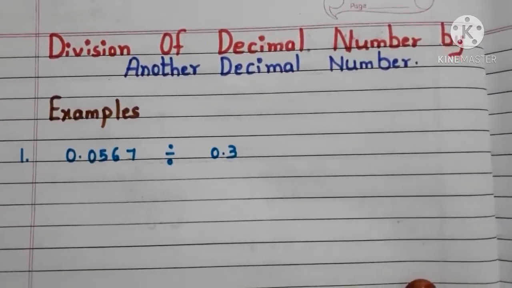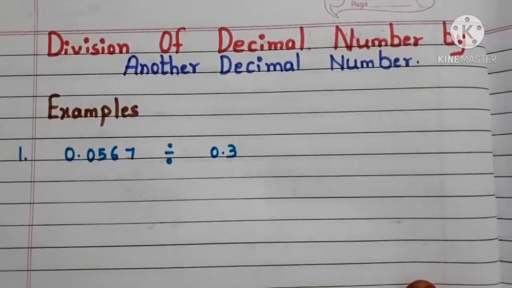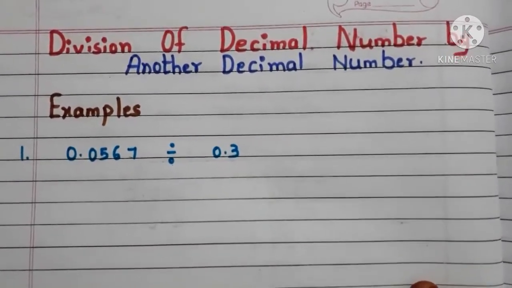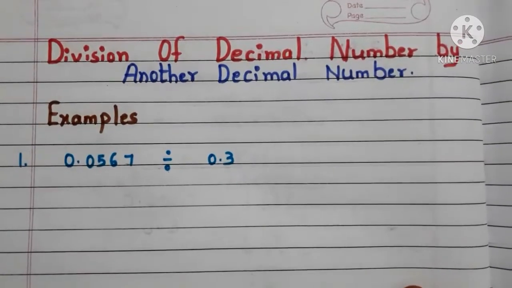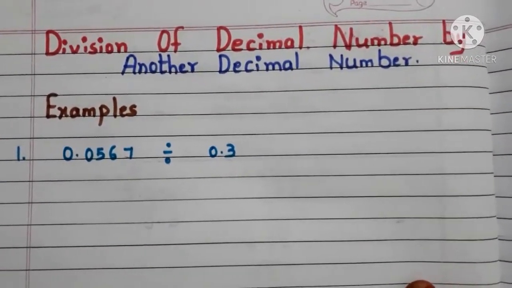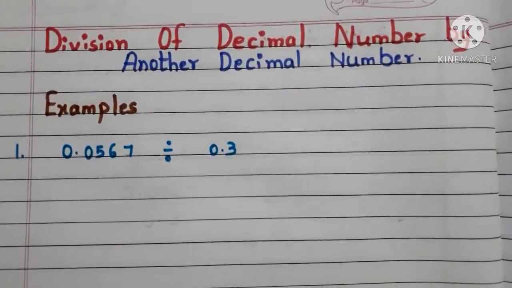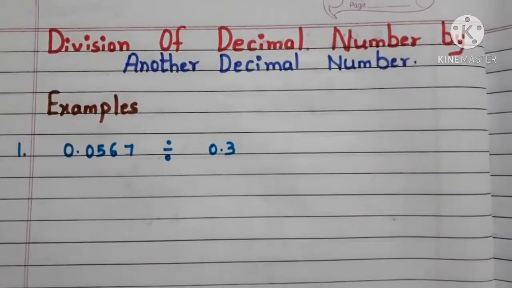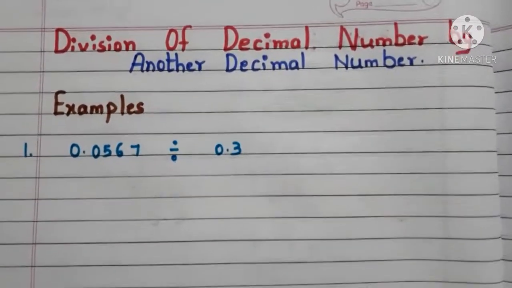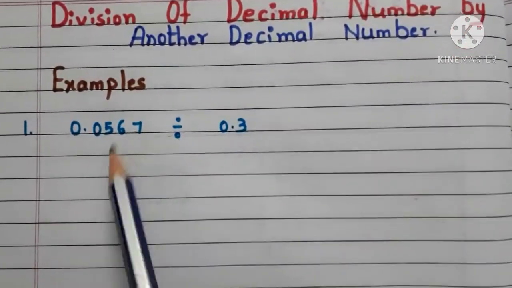In the previous video, we have already learned about how to divide a decimal number with a whole number. In this video, we'll have a look on how to divide a decimal number by another decimal number. So let's get started. Here we have our first example